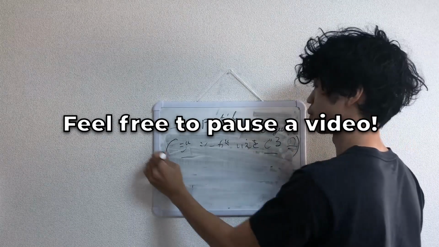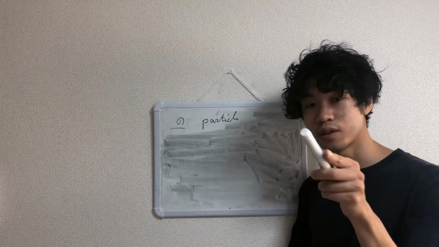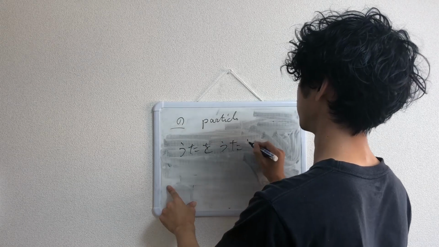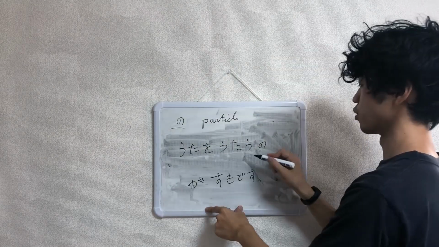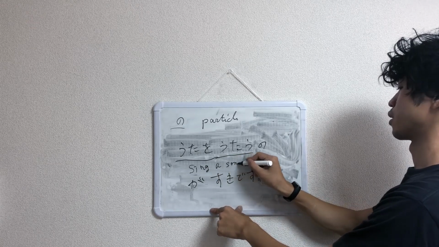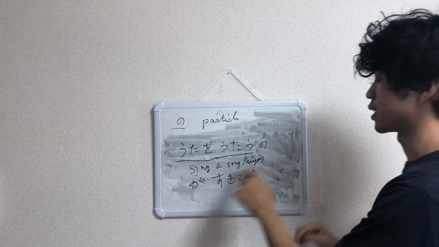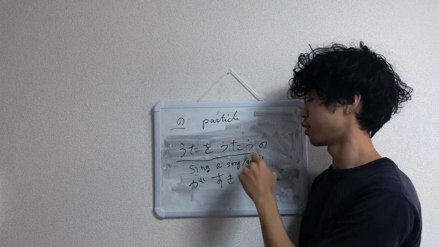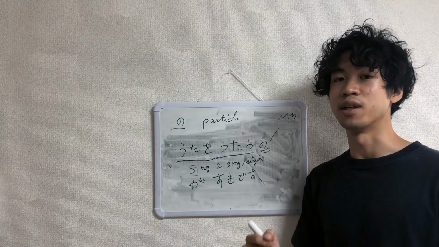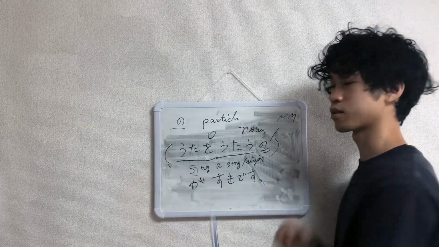Another example, actually an easier example that you can start using today. 歌を歌うのが好きです。歌を歌う is sing a song or singing. We use this phrase to say sing when describing a hobby. So I like singing. 歌を歌うのが好きです。Here again, I'm just gonna put nm for nominalizer. This becomes a noun and object because I like this, 好きです。